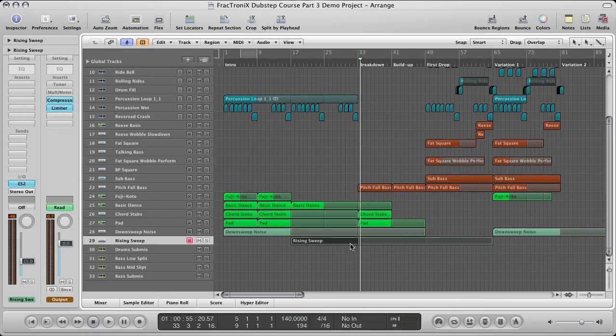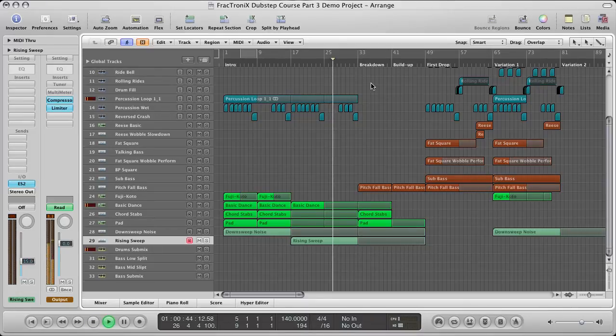Just by leaving the loop on, we can have it happening again around here, which will coincide nicely with our build up into the first drop, and I think then we'll give it a break for a while. Okay, so I'll show you how that sounds. Okay, so we get that nice kind of build up, and then we drop down again with that other sweep. Also coming into the drop,